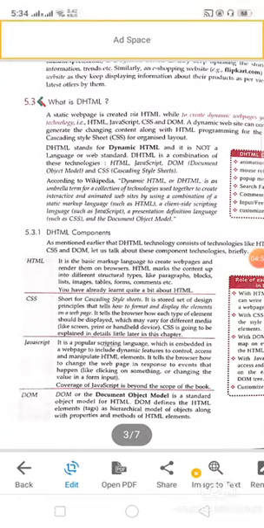We have to mark them with tags. After that, the CSS comes. CSS stands for Cascading Style Sheet, and it tells the browser how each type of element should be displayed.